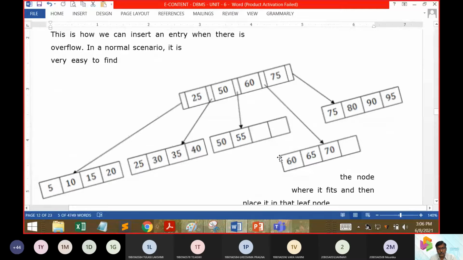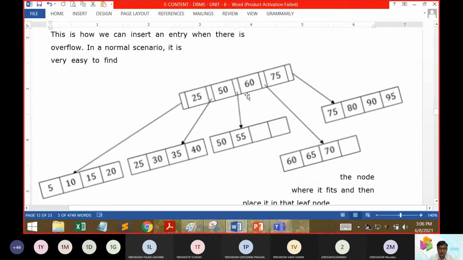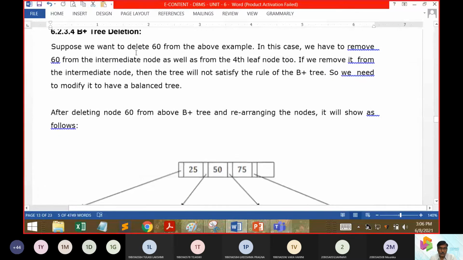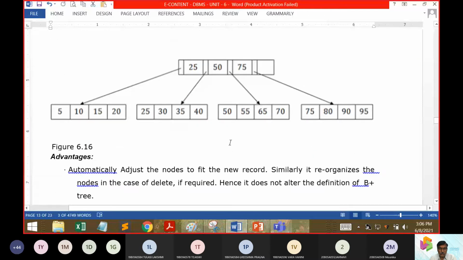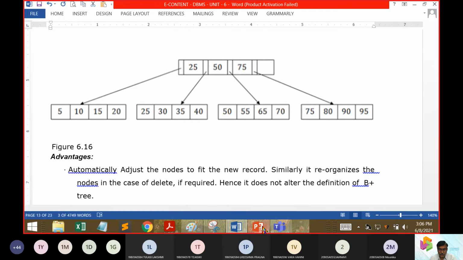Then for the middle node we created an index and gave it to the non-leaf node at the index position. Similarly, when we delete the same 60 item, now the tree is going to push back to the previous state. So this is all regarding how a B plus tree is constructed.